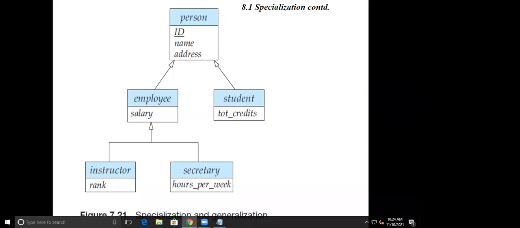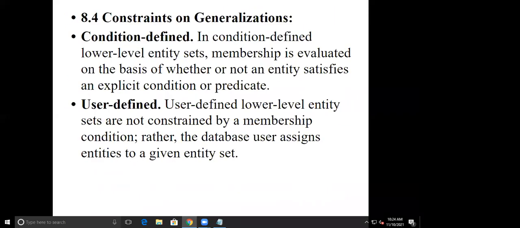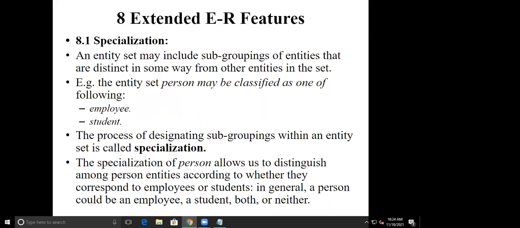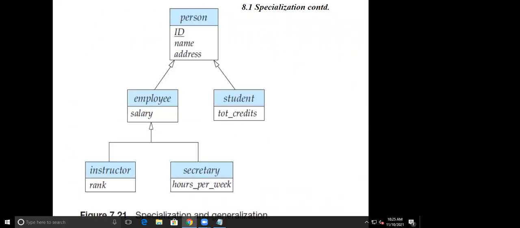Condition defined means that some conditions are applied. For example, to be a secretary, I should have, consider, 16 years of experience. This is my requirement. Then every employee having more than 16 years of experience can come under this category. So this is a condition defined.